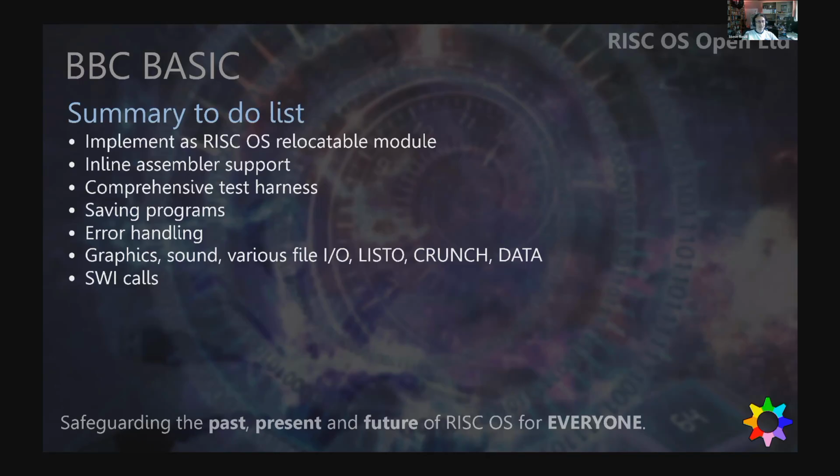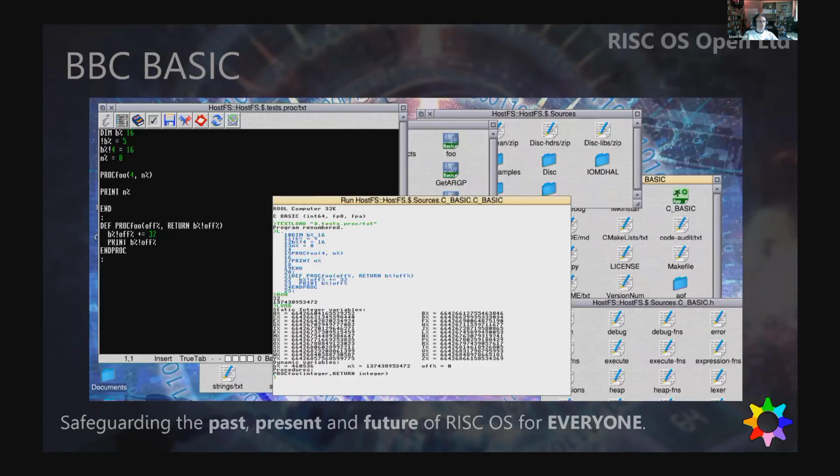If you want a quick look at how it looks, here's an example of how the new BASIC looks when running on RISC OS Titanium. In this particular version, I've started it in 64-bit integer mode with 8-byte floats, so 64-bit floats as well. And you can see there where it lists a% equals, that's a very big number. That's because it's a 64-bit integer. So it all works the same as BASIC would work, except your numbers can be a lot bigger.